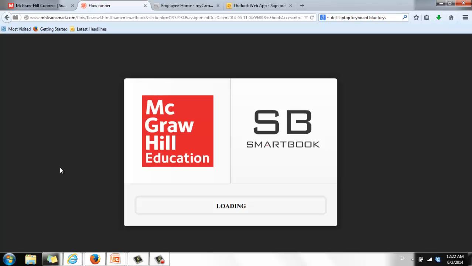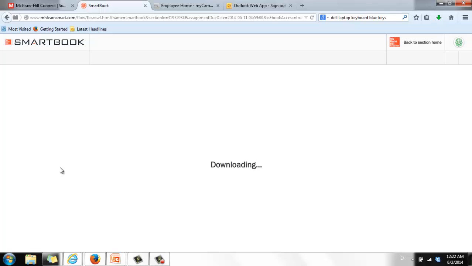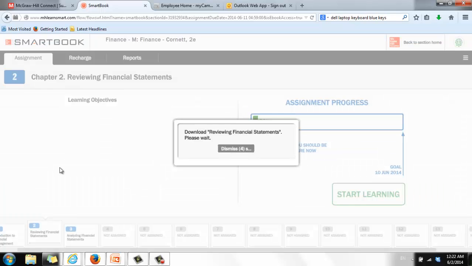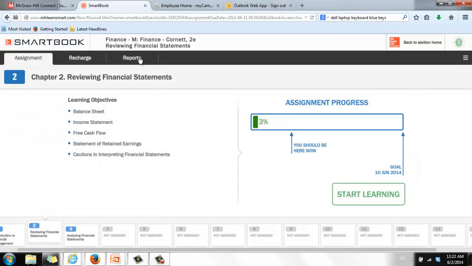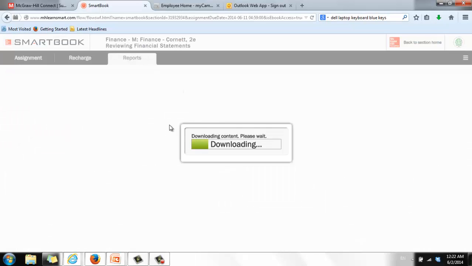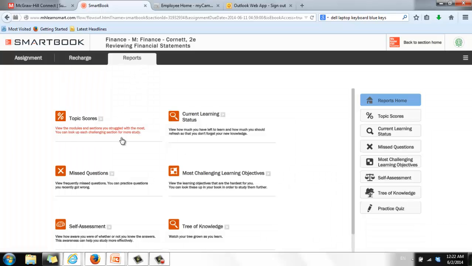Another actually pretty cool thing about this Learn Smart assignment is that it also provides you with more practice questions, and it generates a report. So if you click on this report, it shows your topic scores, shows you where you missed,